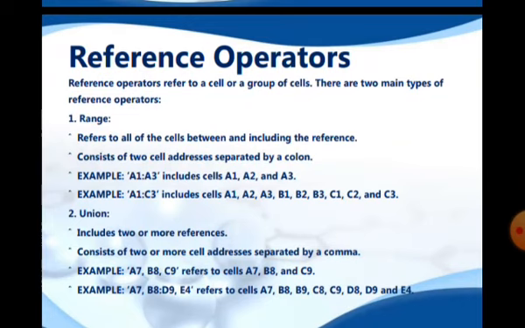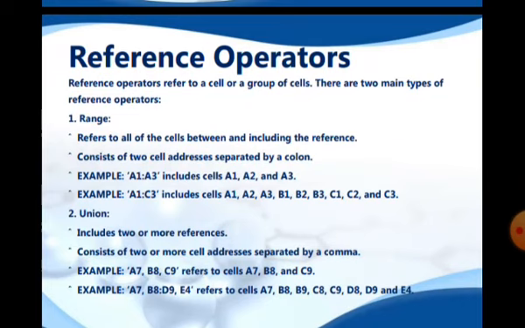Here you see reference operators. The reference operators refer to a cell or a group of cells. There are two main types of reference operators. First is range and second is union. Range refers to all the cells between and including the references. It consists of two cell addresses separated by a colon.